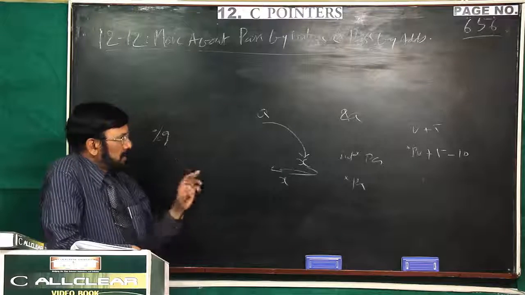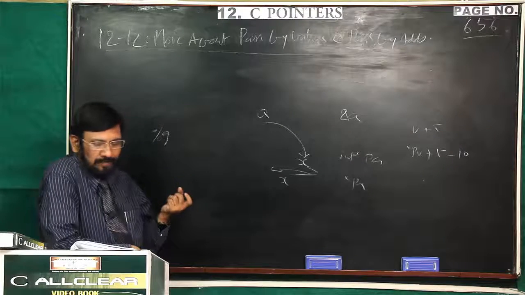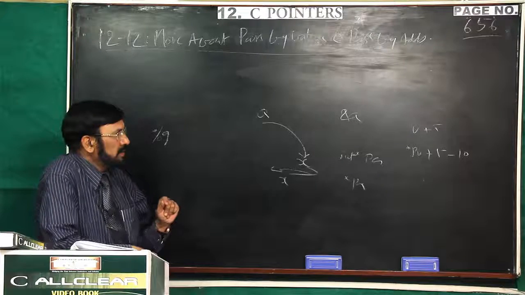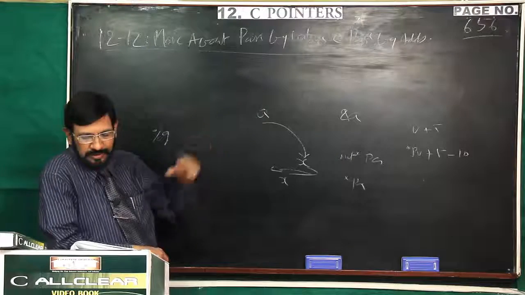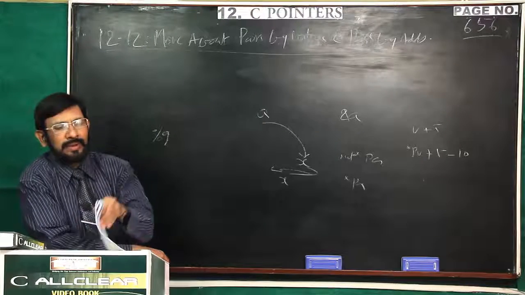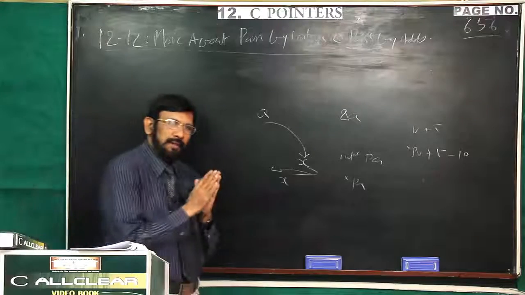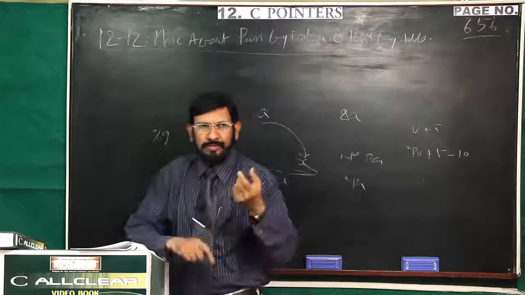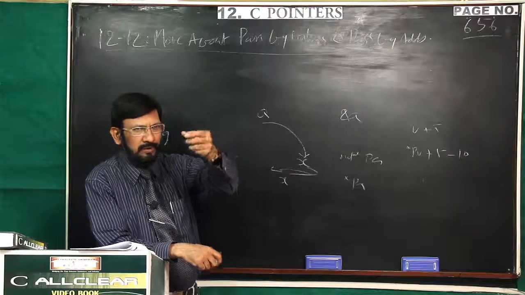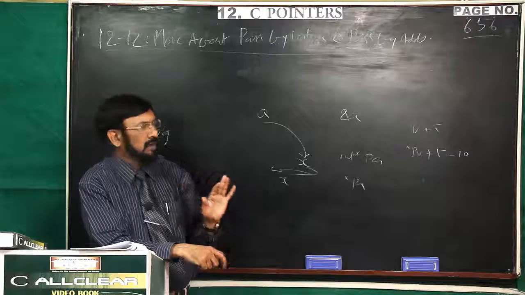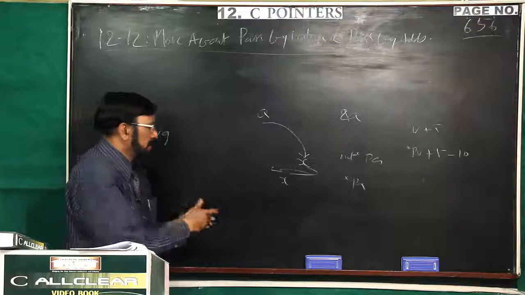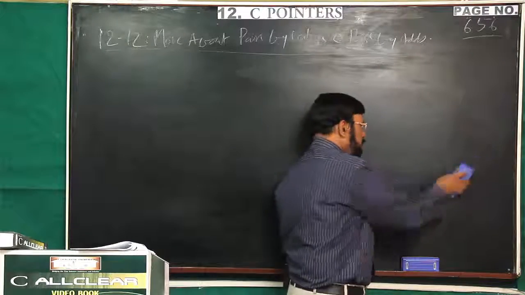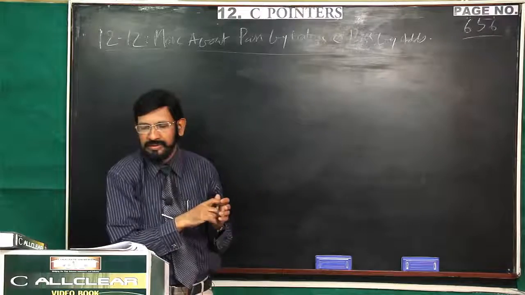That's why within the body of the function you got a different volume. After the function call is over, if you calculate the volume with the actual arguments, you get the original result only. By that, what is concluded? Pass by value: only copies are made into the formal arguments, and whatever changes are made on the formal arguments will not be reflected on the actual arguments. That point to remember. Carefully study the code.